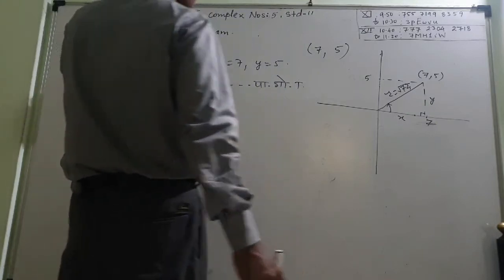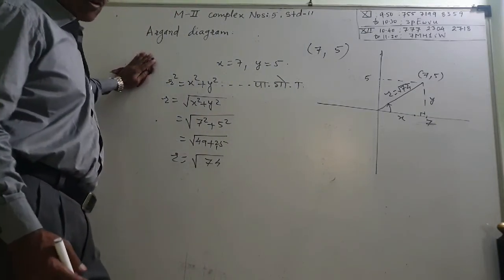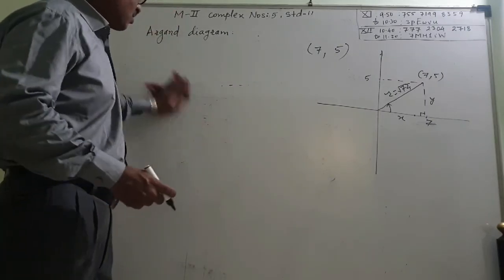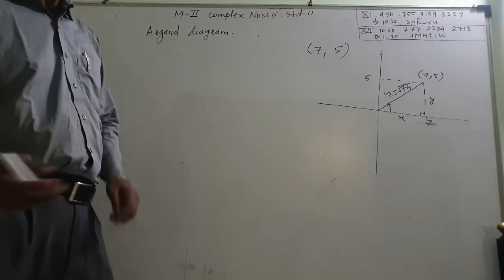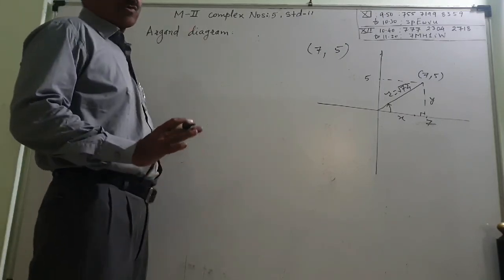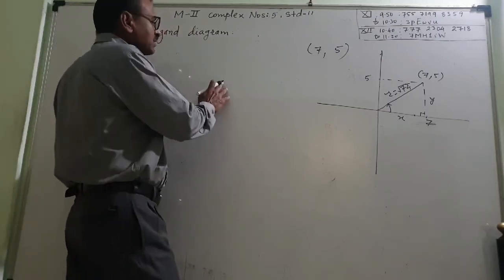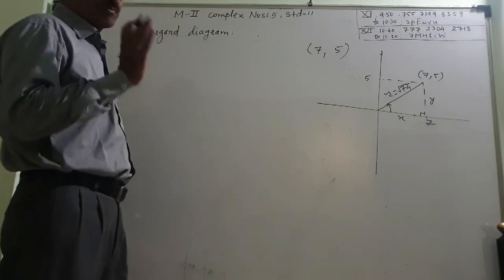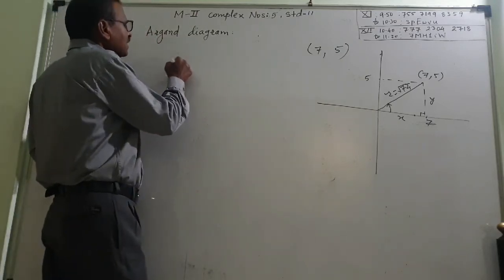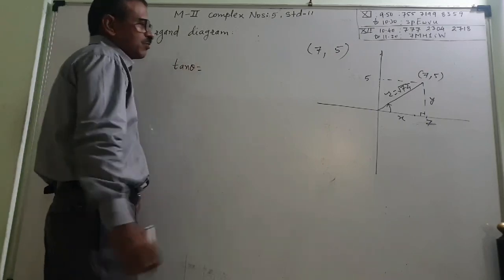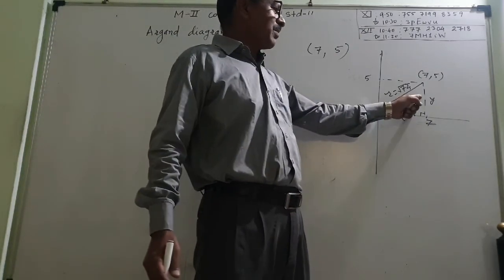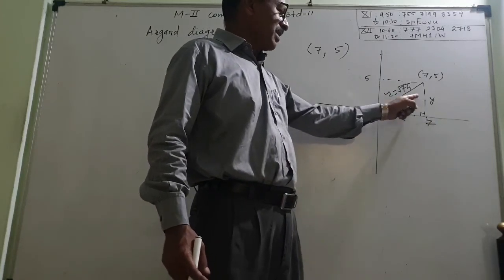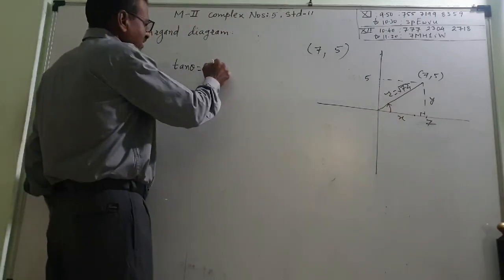For theta, whether I can take sine or cos, that is also important. I will not take sine and cos. I will take tan. Why? Because it considers all the quadrants. Sine will consider only two quadrants, cos will consider only two quadrants, but tan will consider your position. Okay. So tan theta is equal to what? Tan means सामने वाली upon बाजू वाली. Just don't forget it. Tan theta means सामने वाली upon बाजू वाली. Means y upon x.